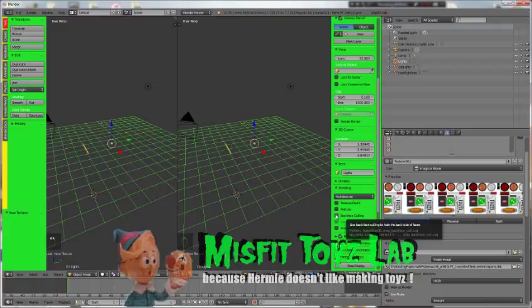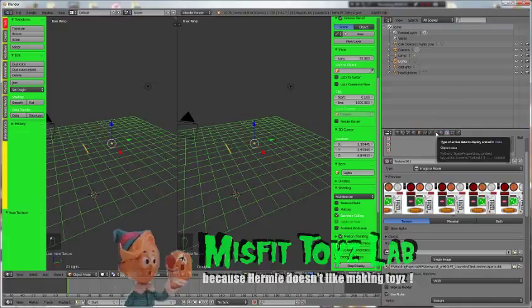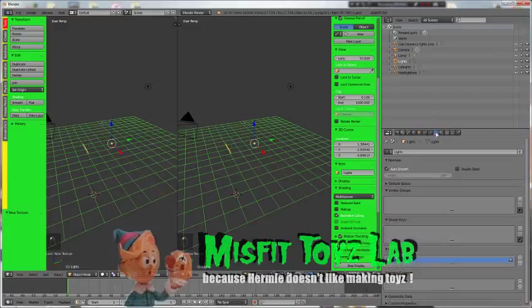Backface culling, I use this a lot when I'm doing texturing, because then I can tell which way the faces are pointing. So if you click that, and you go in here to this little icon, the little triangle, or the flux capacitor as I like to call it, you have an auto smooth and you have a double sided. Sometimes this double sided will be defaulted. You have to check that. I mean, auto smooth seems like it's always clicked, and you don't need it. And then double sided,